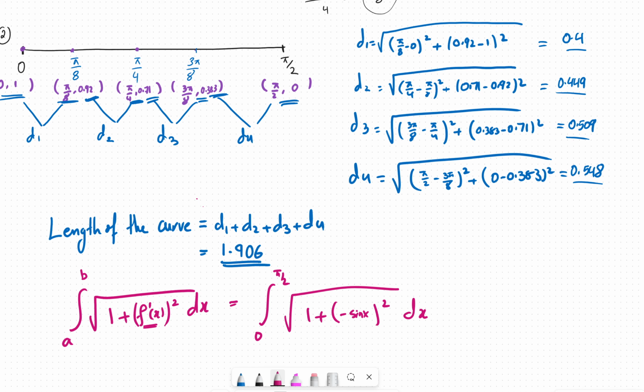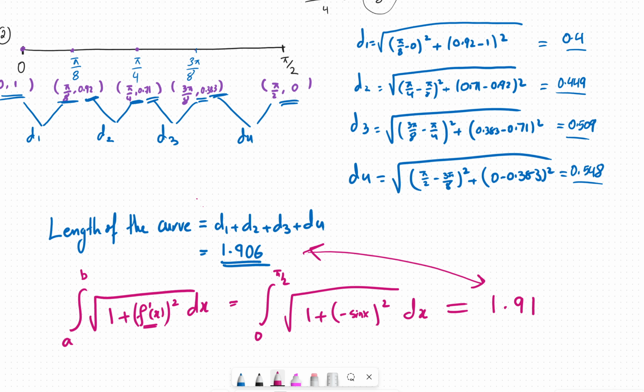Now, I will plug this into my calculator. So square root of 1 plus minus sine squared from 0 to pi over 2. And the calculator is going to give me the exact answer of the curve length, not approximation, equal to 1.91. So clearly, as you can see, my answer with the approximation is very close